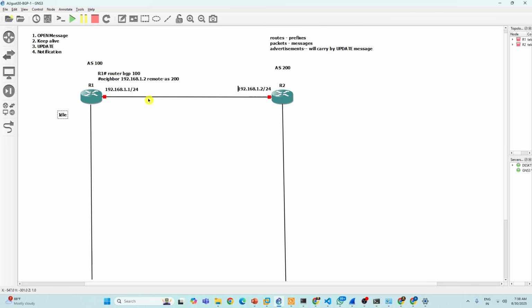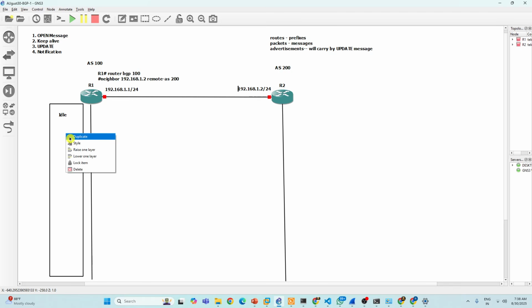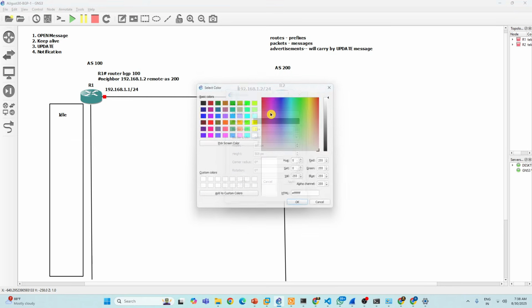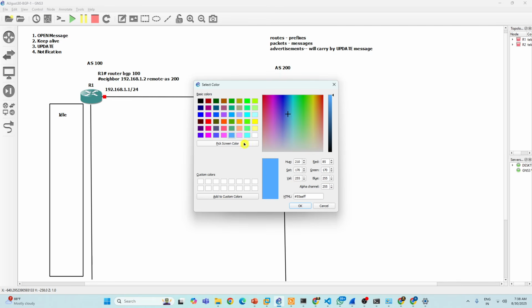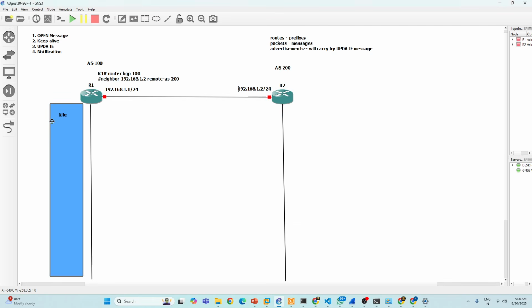Remember, the first state is idle state. In idle state, BGP is down, because you did not configure any BGP.